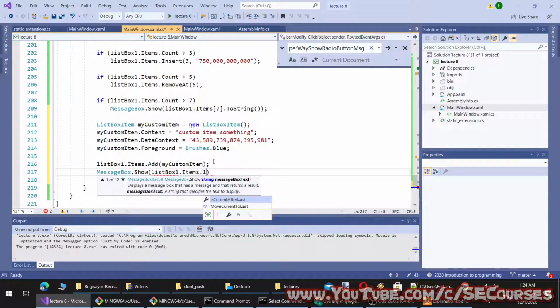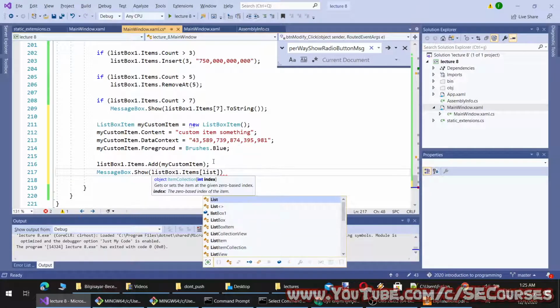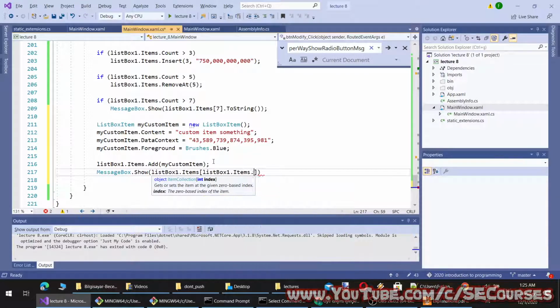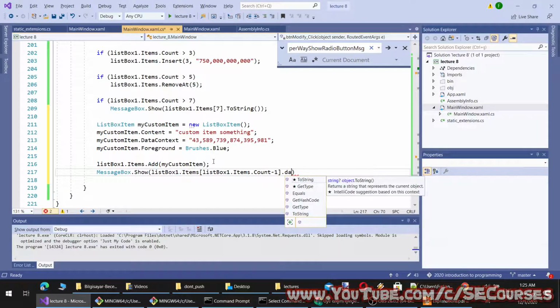Oh, we can get the last. Okay, let's use it like this. Items count minus 1. This gets the last item, and I will get the data context. How am I going to do that? Maybe like this.